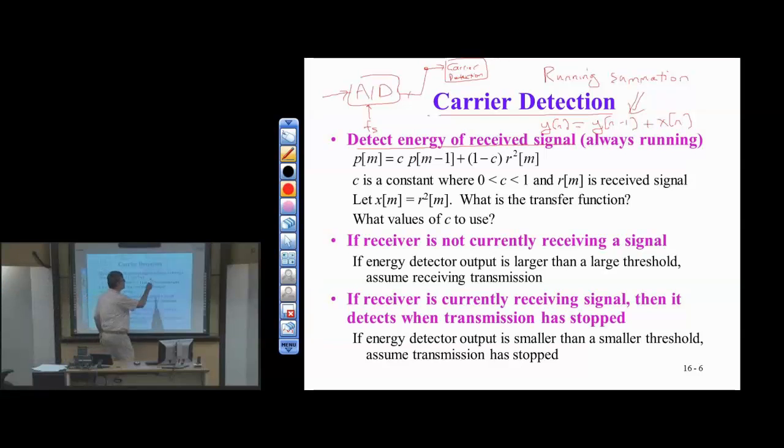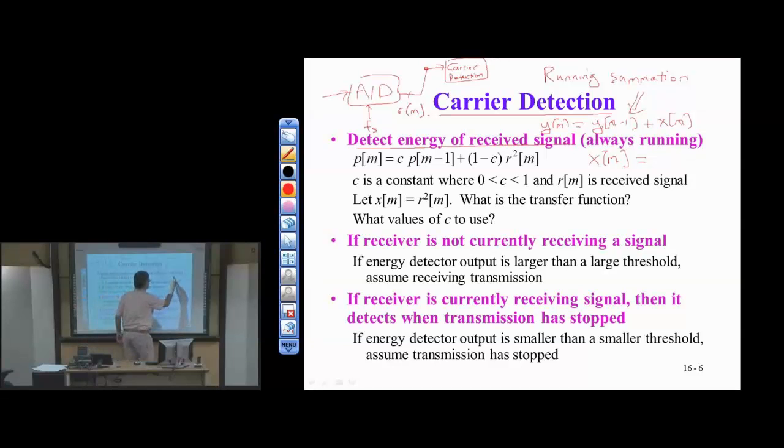And now the input, for our particular case, is going to be power. So x of n, in our case, x of m, I should go with a little m just for consistency here. The input is simply the value of r of m